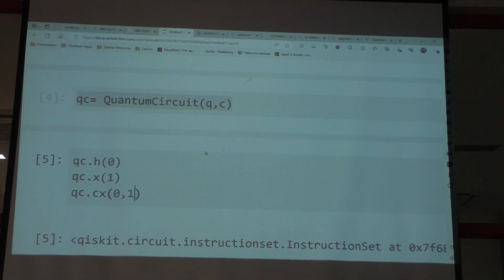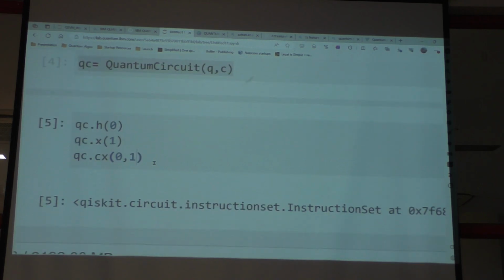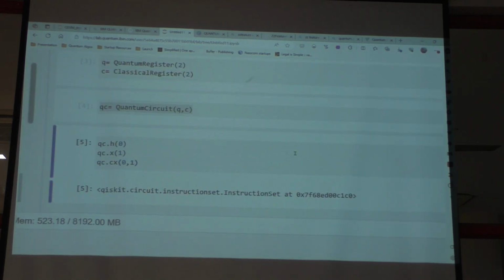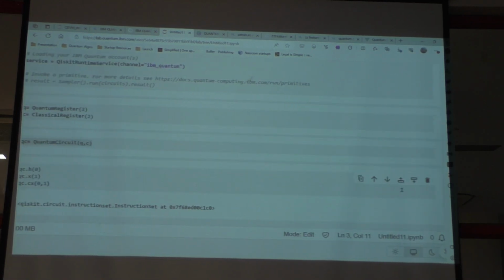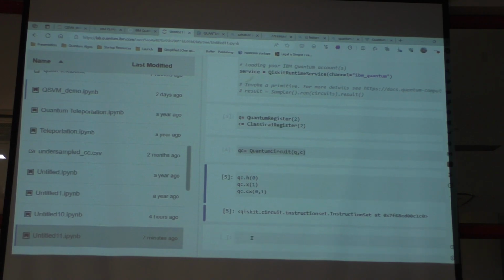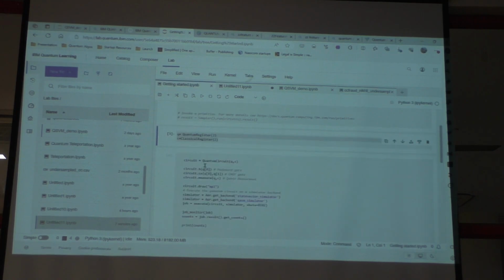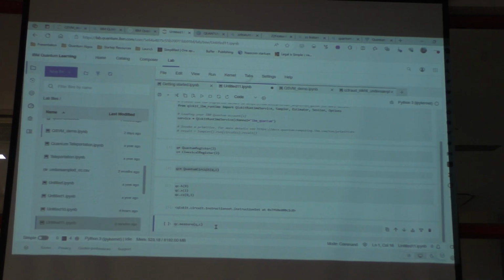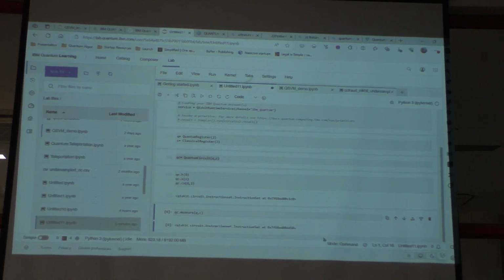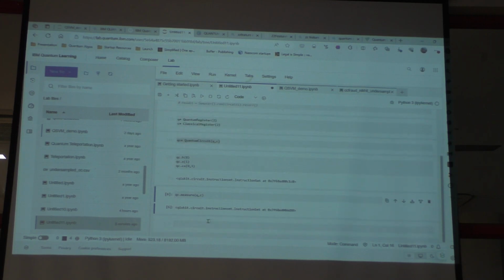So once you have built a simple quantum circuit, the next thing will be to measure it. So you can have QC.measure. So essentially we are trying to measure our circuit here, and that will come as the next layer. And then the next step will be for you to visualize it. So that is where you can draw the circuit.